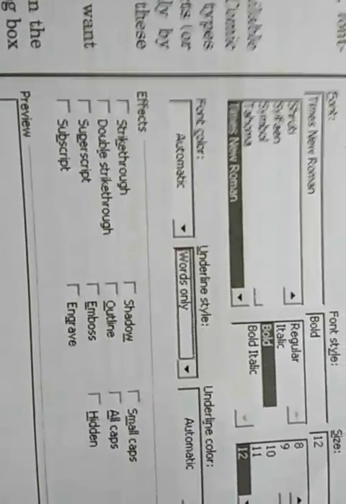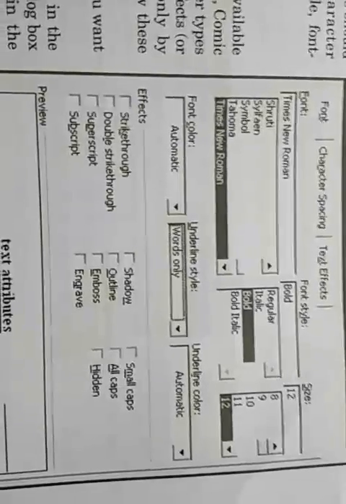We can also change the font color by using the font dialog box.